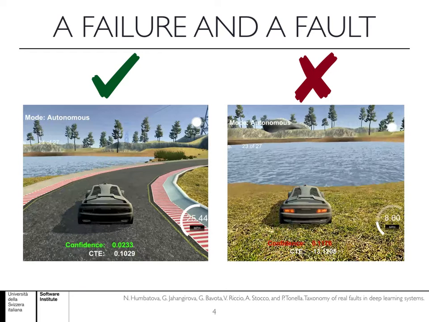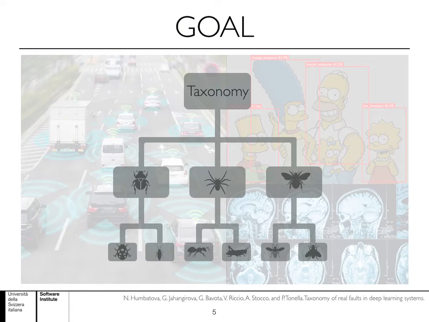Usually, a root cause of a failure is a fault that occurred during the development of an application. The notion of a fault in DL systems is more complex than in traditional software, as the behavior of a DL-based system is not explicitly programmed in its source code. It also depends on a number of other aspects such as model architecture or how the systems are trained. As a result of these differences, in order to develop efficient techniques tailored specifically for DL systems, there is a need for thorough analysis and classification of DL-specific faults. This served as a motivation for this work.